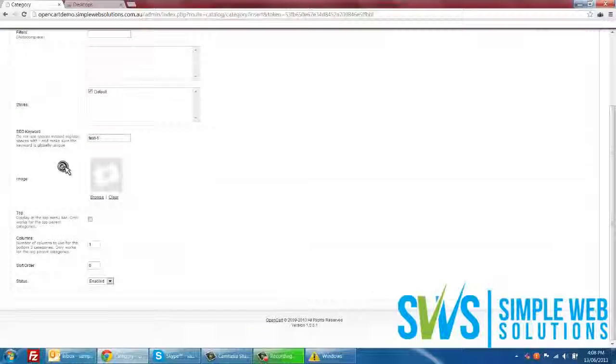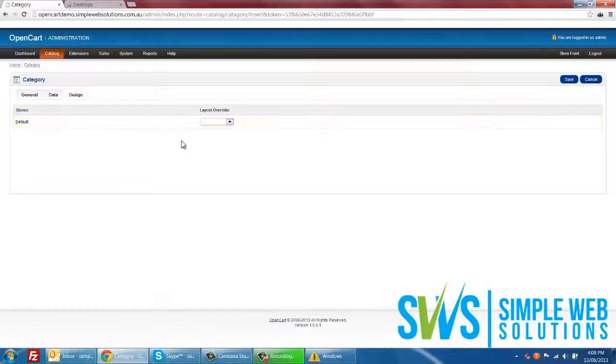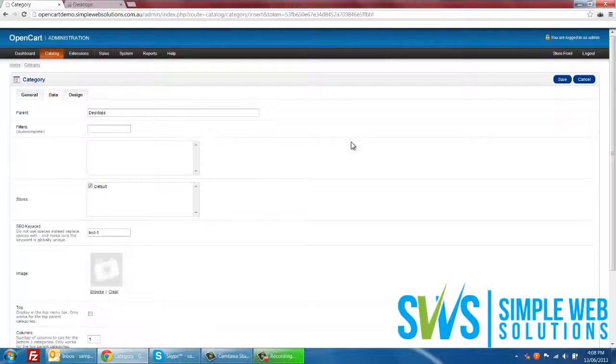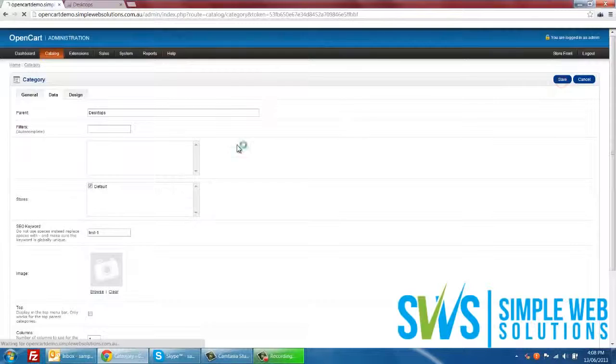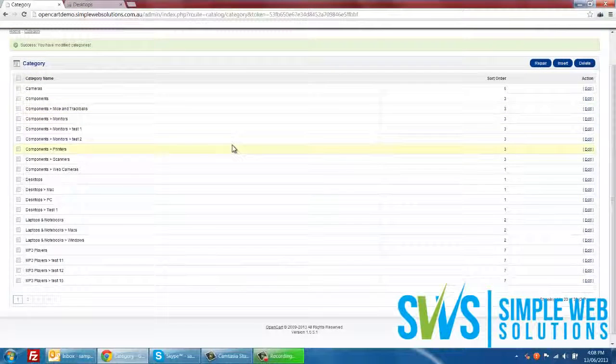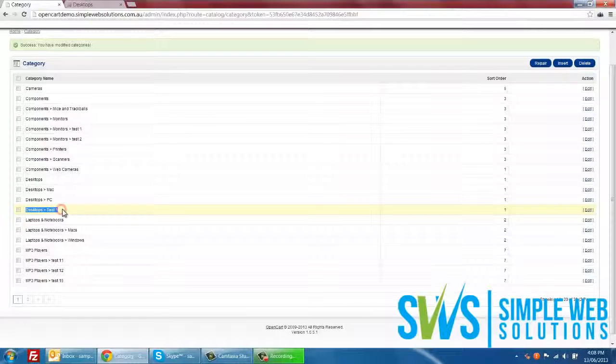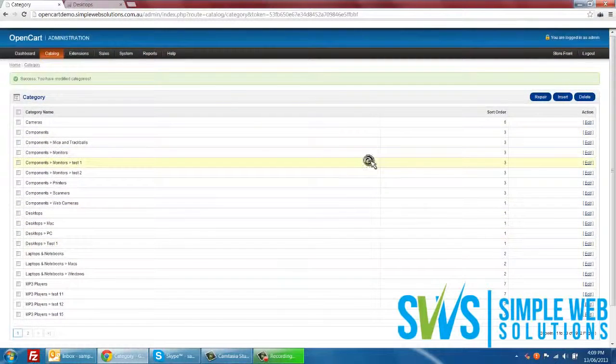And once that's done, that's pretty much the whole thing. You don't have to worry about any design. You just pretty much ignore the design, that's not needed on your part, and then in the top right hand side here, you just click save. And what that will do is create Desktops here and Test 1. So that's pretty much your category creation, and I'll show you how that comes into effect later on when we